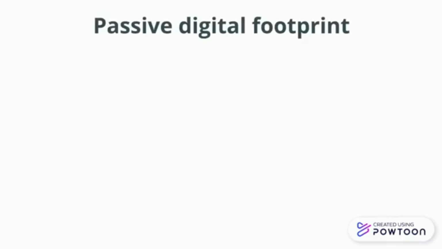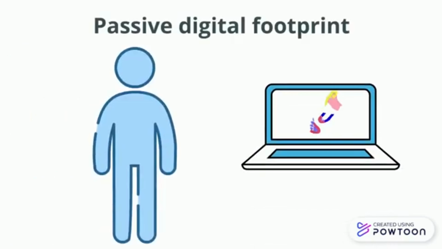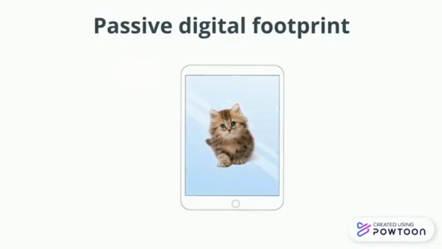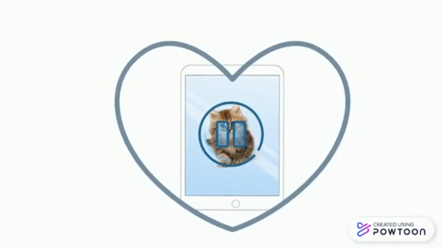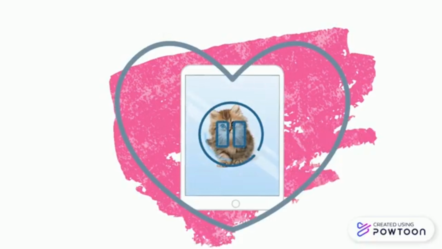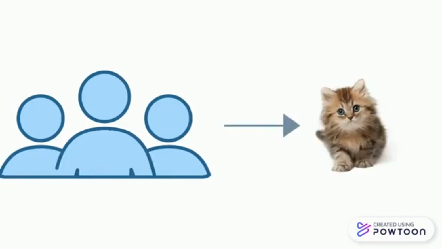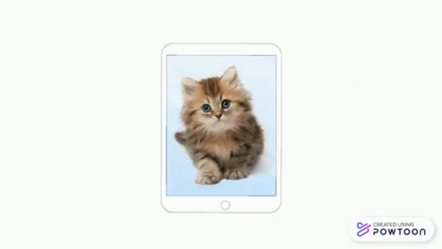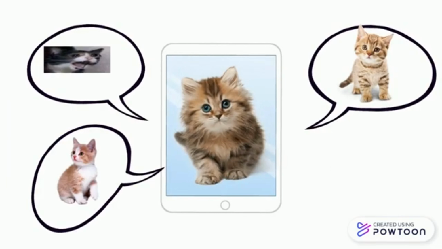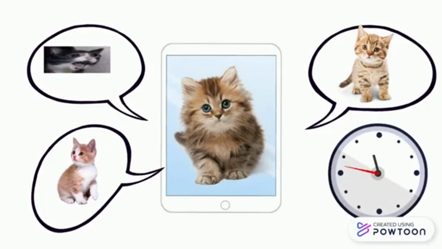The other type of footprint, which is known as passive, is the footprint that people might unwillingly make. An example of this can be shown when you scroll through Instagram. When someone scrolls through their feed, they might pause at a post that they really like and interact with it. Some may not know this, but when people do this, they are leaving a trail behind of what they are interested in, and from then on, Instagram will recommend them accounts that post similar content in order to keep them on the app for as long as possible.